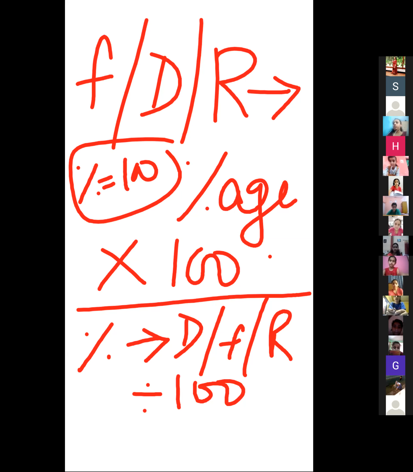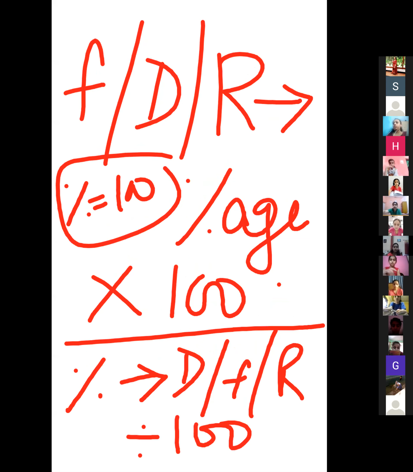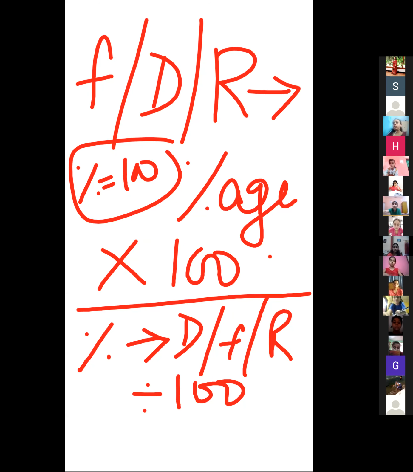Now anything you want to ask me? Yes, Vedika, bolo. Yes, Vedika, what happened? I want to ask a question on this exercise. Which question, beta? Vedika, your voice is not clear. Ma'am, B part, 0.596. Okay, I'll do it.